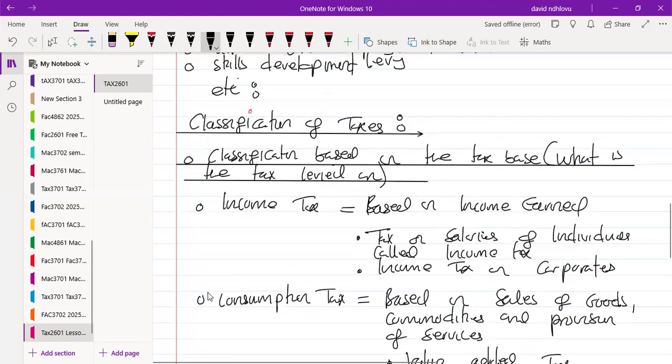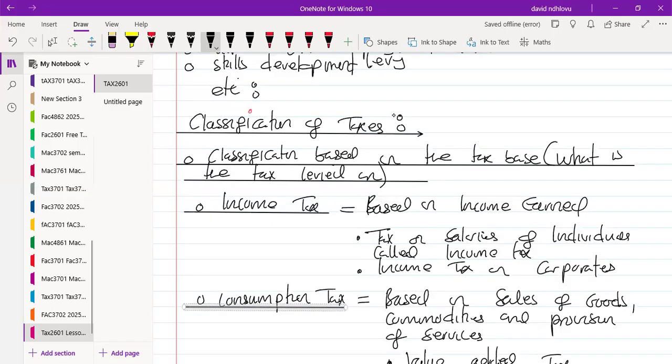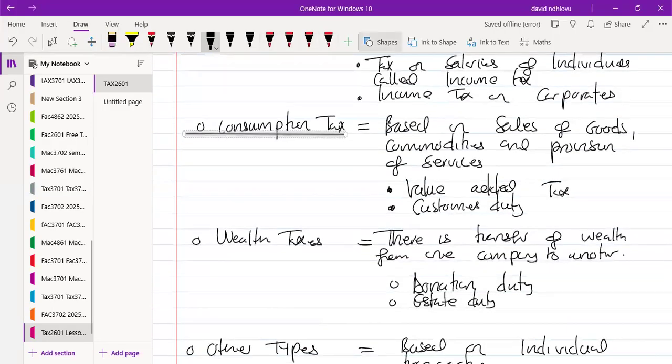So we are saying all our taxes that we have should be grouped according to any of these groupings that we have. So this first grouping is based on what the tax is based on. So we then classify our taxes in these following manners. Right. Any question? In particular, here you must be very much aware, as I highlighted, on what falls under the income taxes. You get a lot of questions there. The reason why I'm saying so, in this module, we strictly concentrate on the income tax.